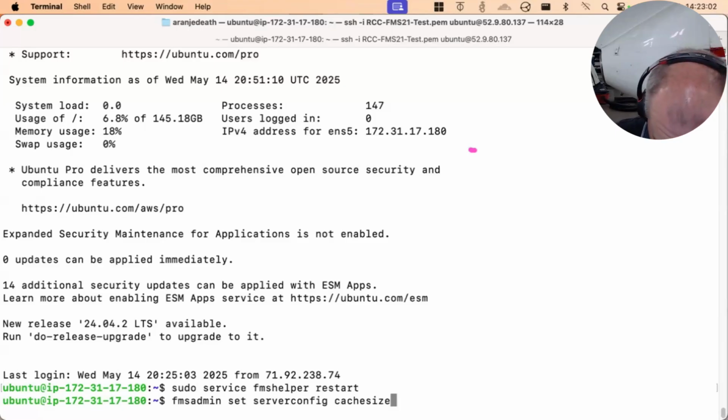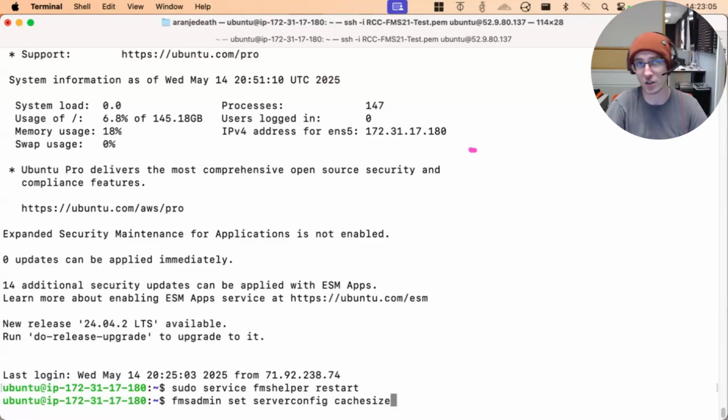We generally set it to at least a gig, unless the server is literally a medium, which means it has 4 gigs of RAM. Again, that's underspecified. It's less than you're supposed to have. If you're on 8 gigabytes or greater, you really shouldn't use less than about a gigabyte of cache. Period. And a little less than half would be the maximum. You can't set it higher than half the machine memory.